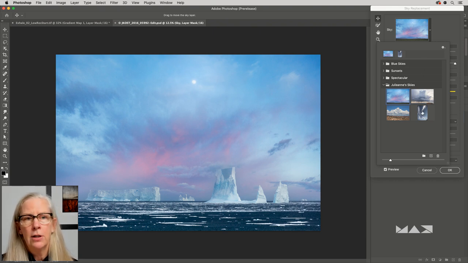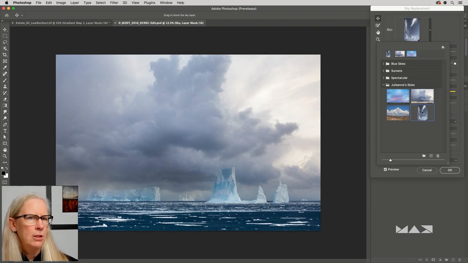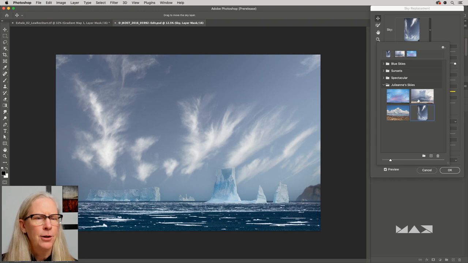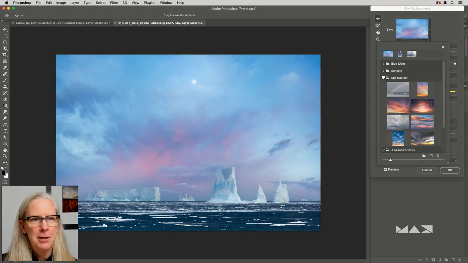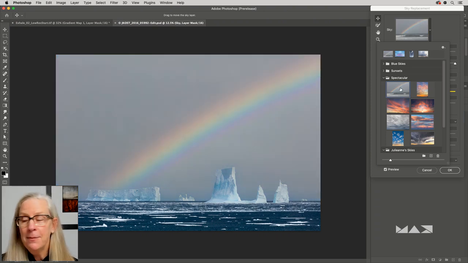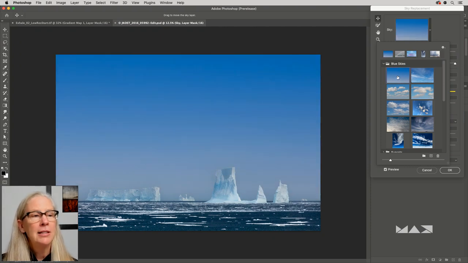I've just loaded four skies here, but we could take a look at some of them and see what they look like. That doesn't look right because the size of the sky is too weird. Maybe we'd want something a little bit more subtle like that. No, that doesn't work either. This one works actually quite well. There are other ones, like if we wanted to, we could add a rainbow behind the sky. I think that looks quite lovely. If we go up to blue skies and add just a plain blue sky, you'd be able to see what a great mask it's actually making.